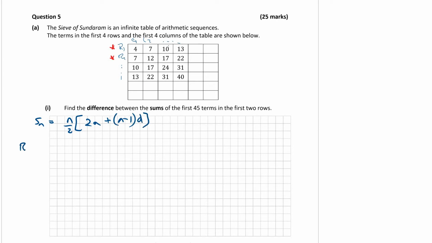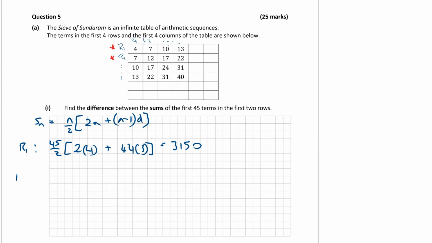For row 1, the sum of the first 45 terms is going to be 45 over 2 times twice the first term, which is 2 times 4, plus n minus 1, so that's 45 minus 1, so 44 times the difference. Well, the difference in the first row, it goes up by 3 each time, so the difference there is 3. And that gives me a total of